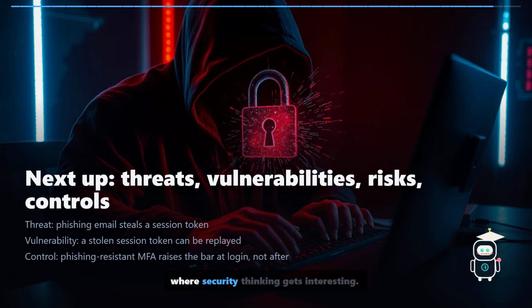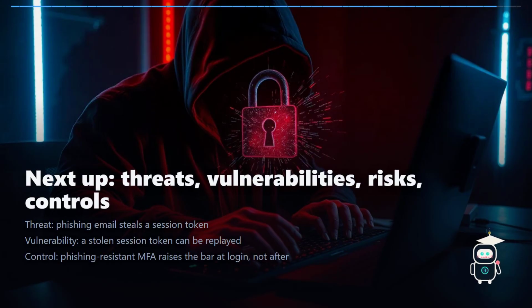But that's where security thinking gets interesting. No single control stops every attack path. So instead of asking, do we have MFA, we're going to learn to ask, what is the threat? What vulnerability or weakness makes this scenario possible? What could happen to the organization? And which controls meaningfully reduce that risk? That's the next step. Before then,